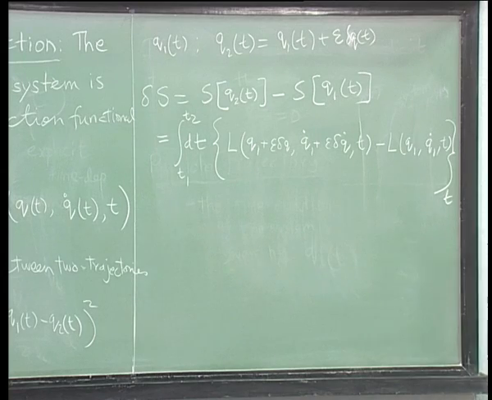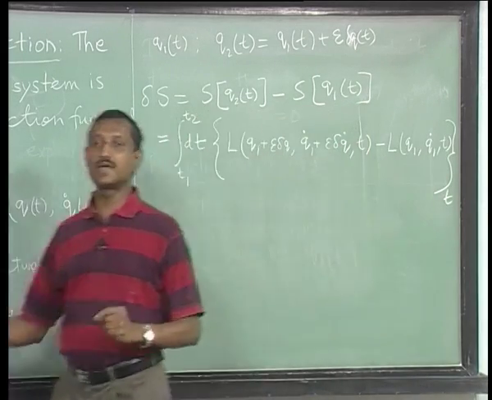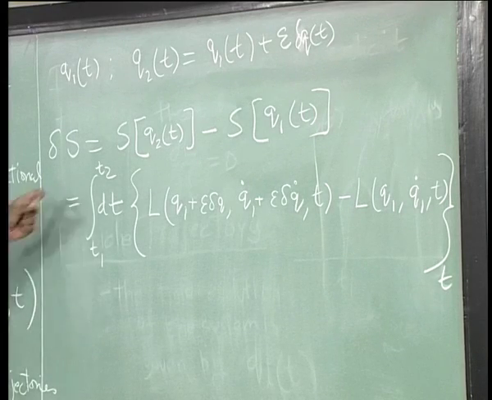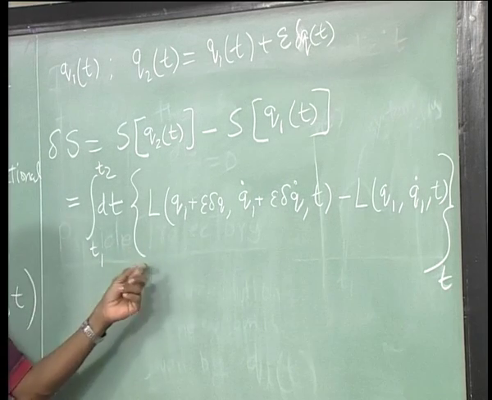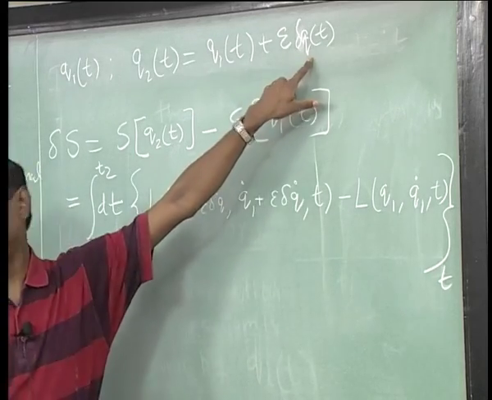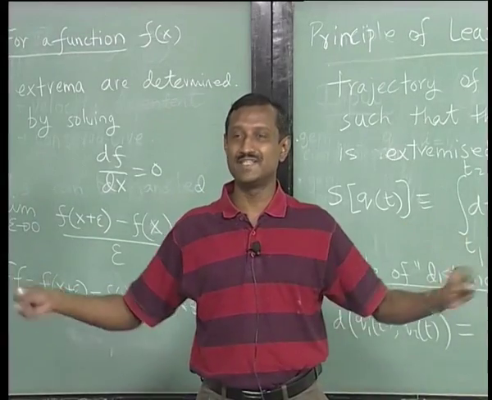It is also a very useful device to take time and make it discrete, so that this integral becomes a summation. I will not do that here. You will see that this object in brackets has one term for every time step, and for every time step there is a delta q, and for each time step the delta q's are independent of each other,